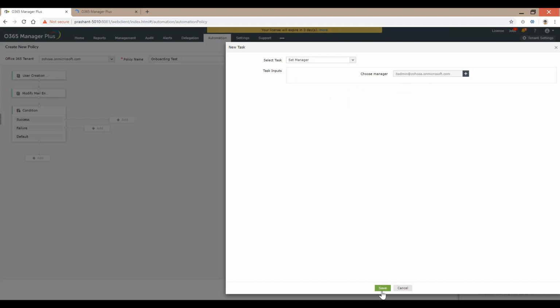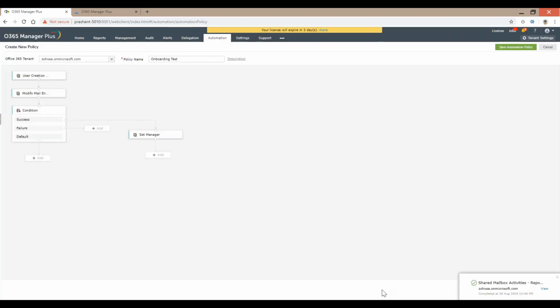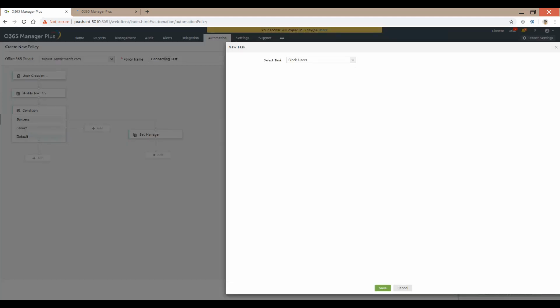So I've selected this specific user as manager. I'm going ahead, saving it, and then yes, I would also want to ensure that since the user is a member of marketing department, I'm pretty sure the user is going to be on the go, on the move, accessing my system from a public Wi-Fi. That is a possibility, and marketing users of all users are the ones that could probably compromise the security by one small mishap or being careless.